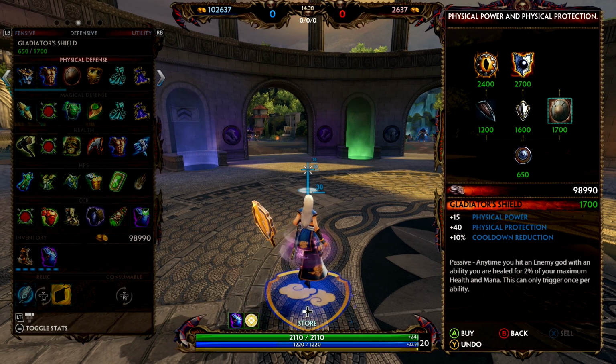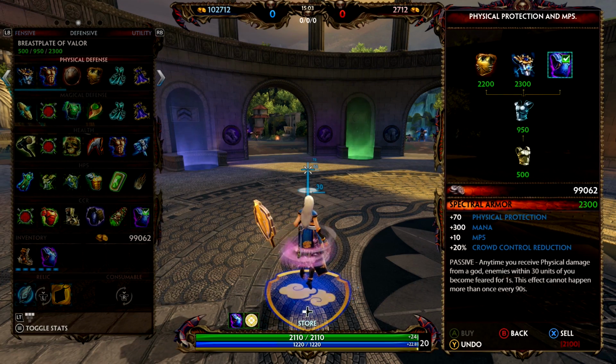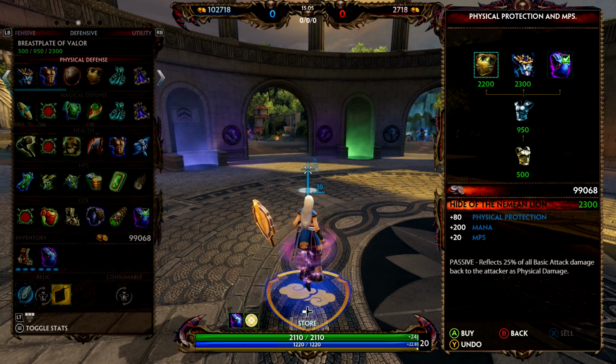It has decent stats. You'll be selling this late, most likely. But it'll give you that quick power spike right away. The passive is actually pretty good for a 1700 gold item. So if you want that quick power spike and to fight really quickly, I'd recommend picking up Gladiator Shield over anything with a Breastplate tree. But generally, the Breastplate tree is pretty dang good. All these items are pretty dang good. Spectral Armor is probably my favorite. All right, so